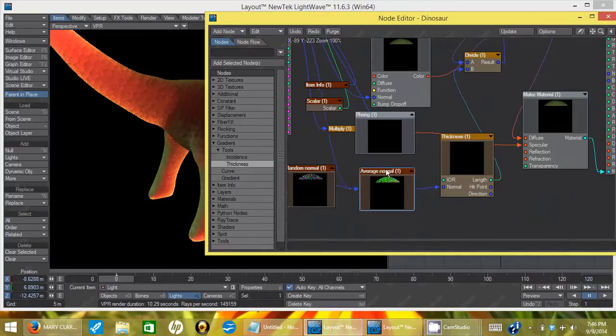and the normal going into that is our random normal that is averaged with a regular surface normal. It's just half one and half the other. That gives us a normal that is slightly random and slightly based on the shape of our original surface, well, exactly halfway between the two. That normal goes into this thickness